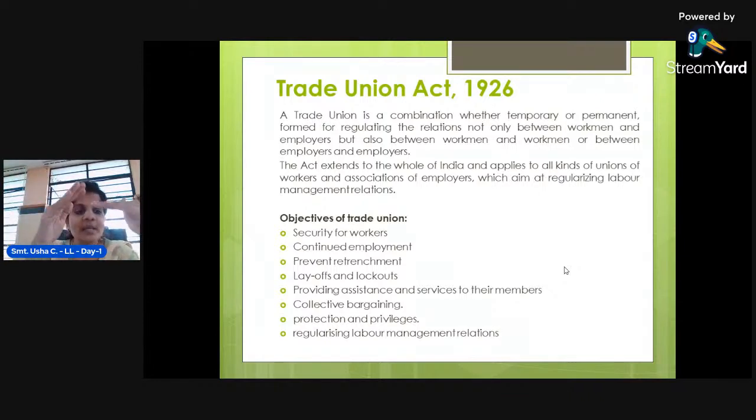So there must be a good cordial, mutual relationship between top level and lower level, and also with the middle level, which is very much necessary. So this trade union helps in maintaining and protecting the relationship between labor and the management. Next, this trade union,